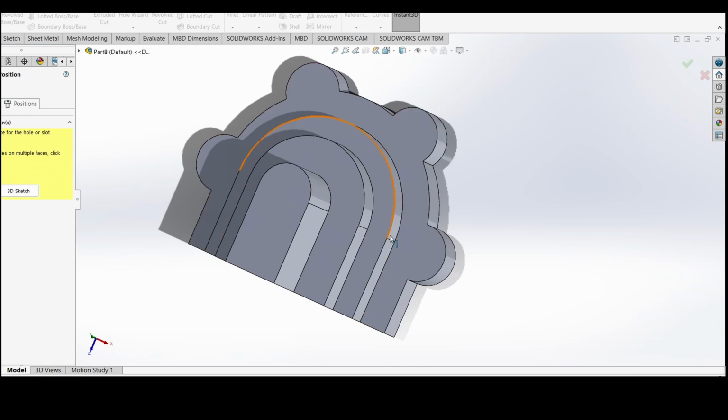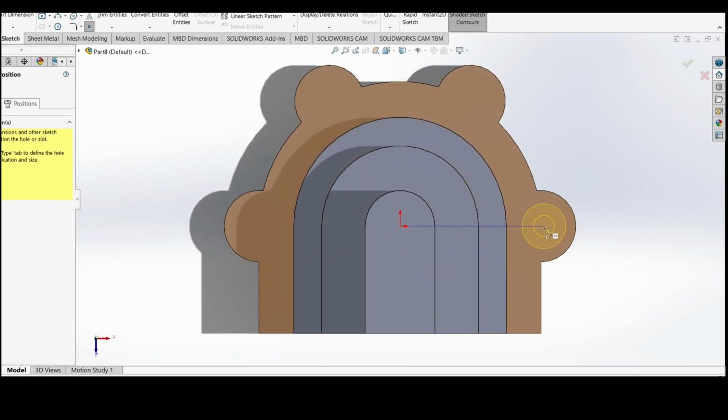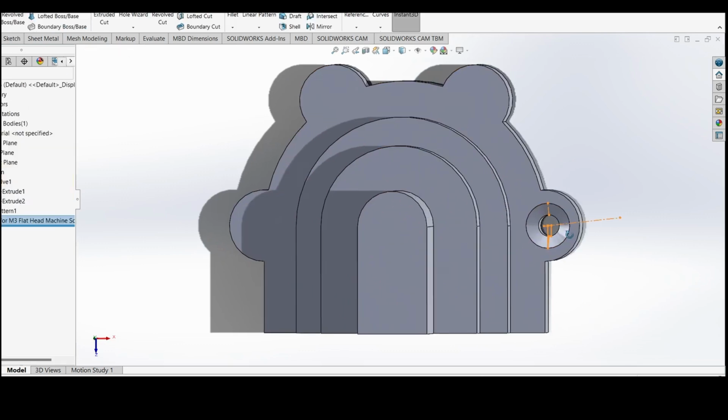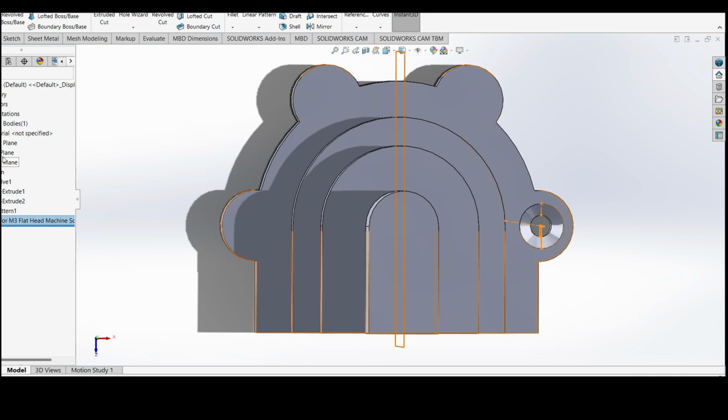Perfect. Where do we want it? Well, here. Perfect, right? Except, I don't know if that's actually centered. So we could fix that